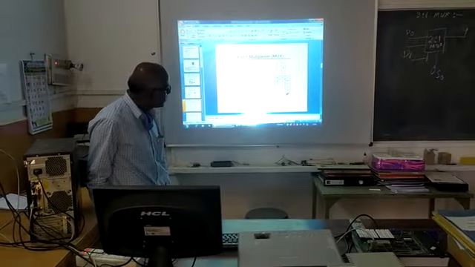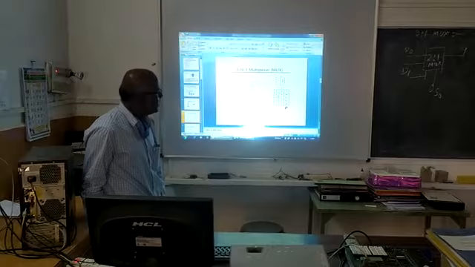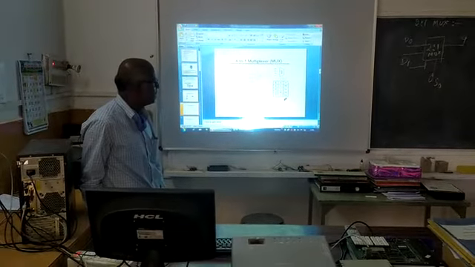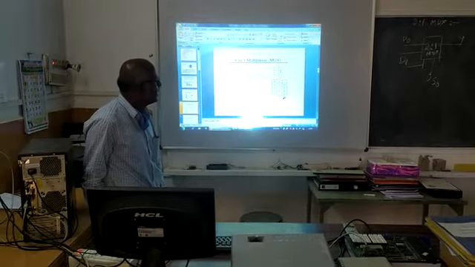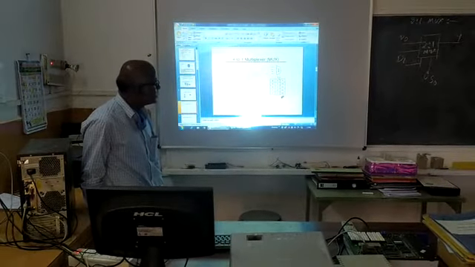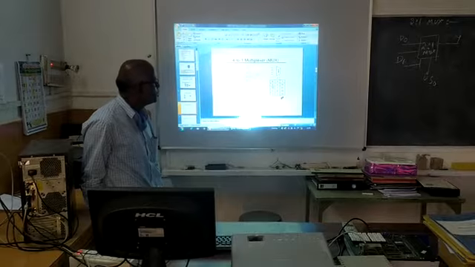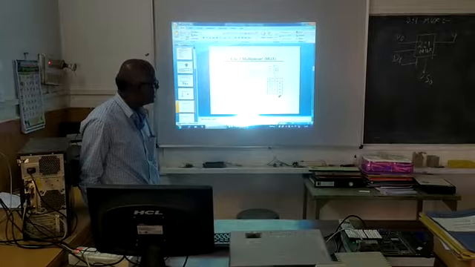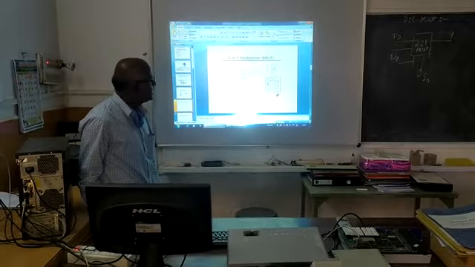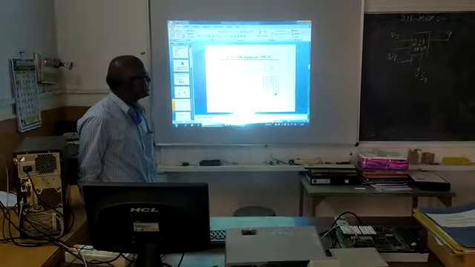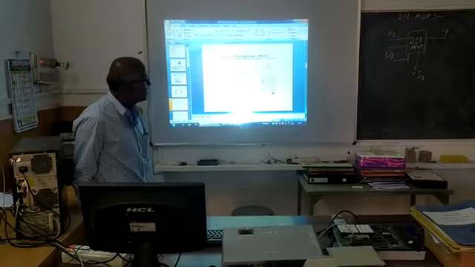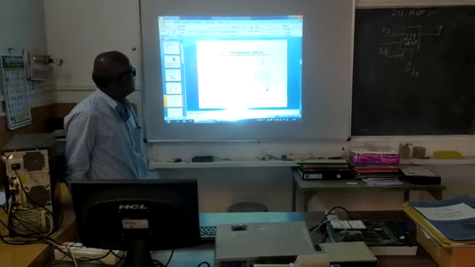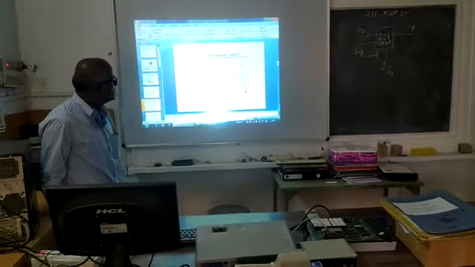At that instant, according to the table, 4 cases will arise: 0 0, 0 1, 1 0 and 1 1. Depending upon the select inputs, we have to choose. When the enable condition is not mentioned here, enable is kept in a low state. At that instant, when both select lines A and B are 0, 0, the source D0 is on the line.